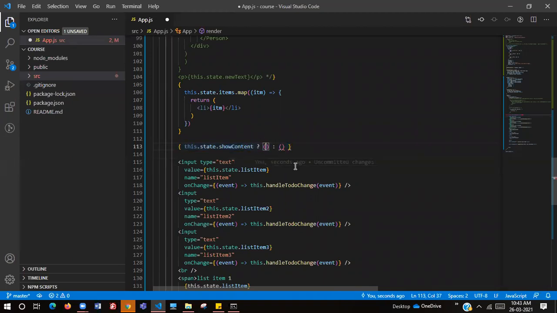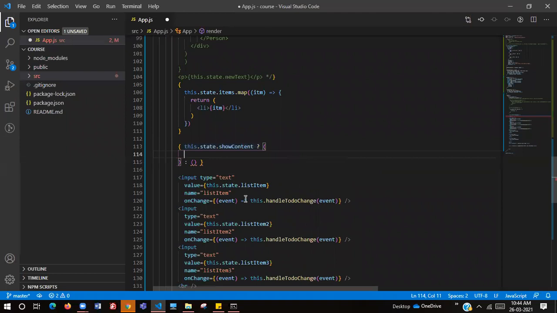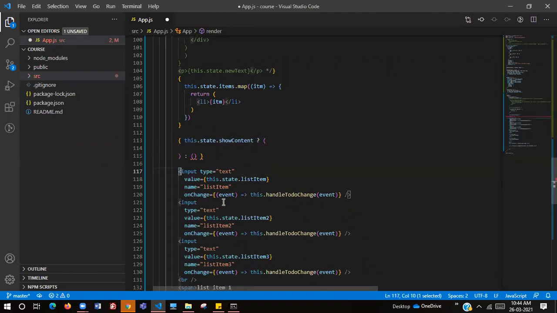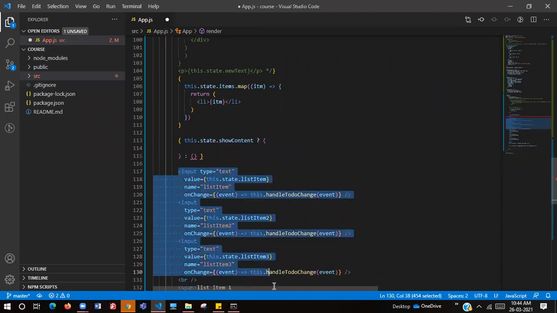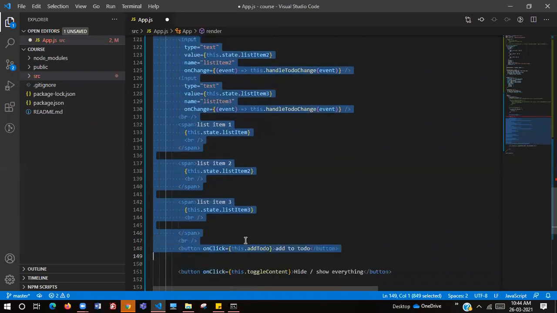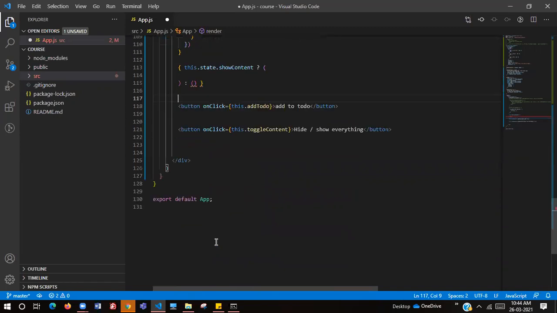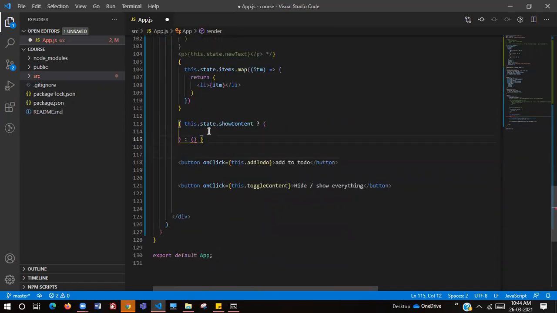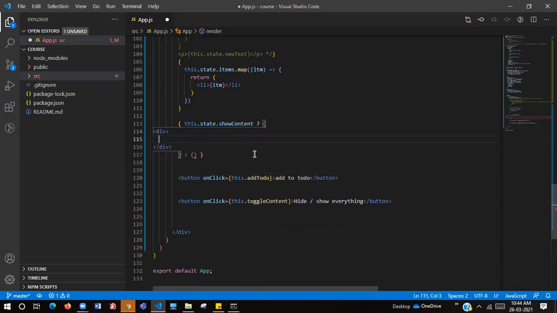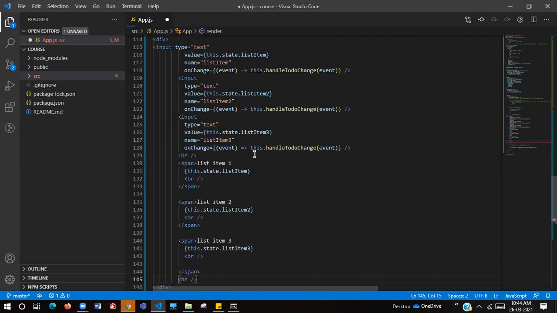Now we put all the content that we are showing inside that. We just cut it there, take a new div, and paste it inside that.